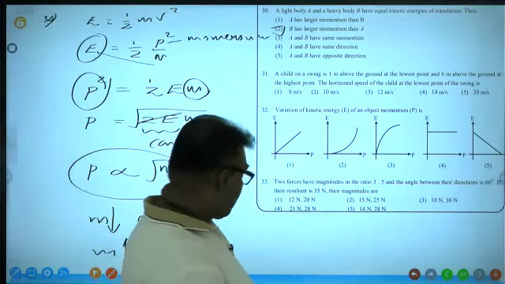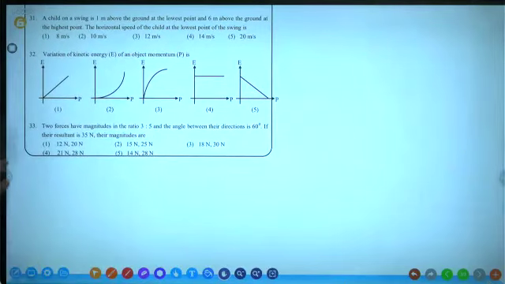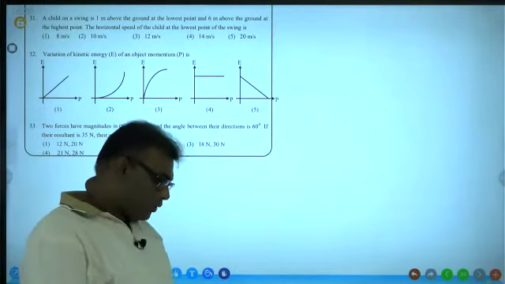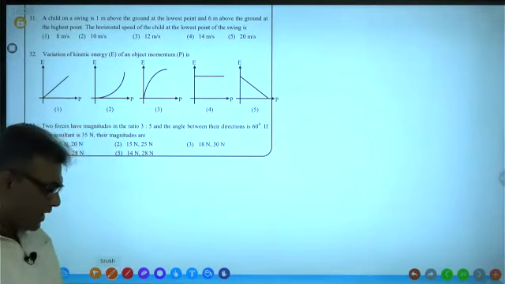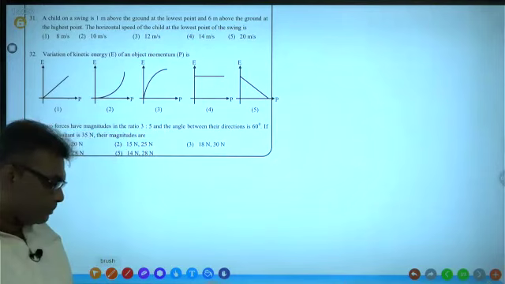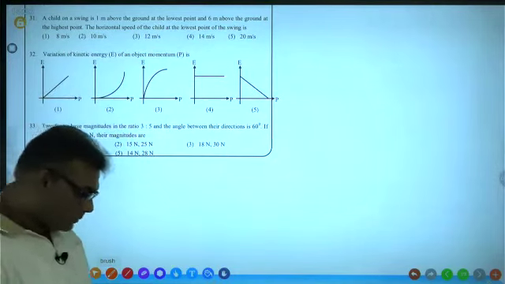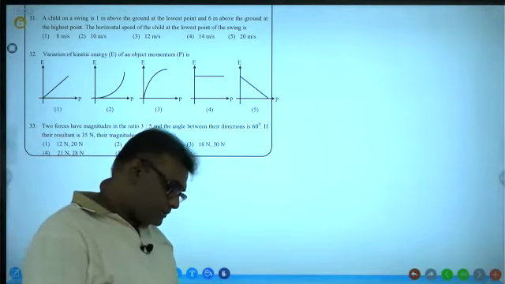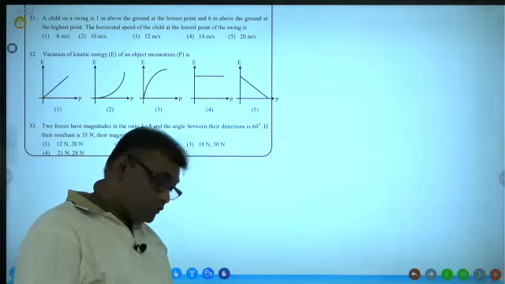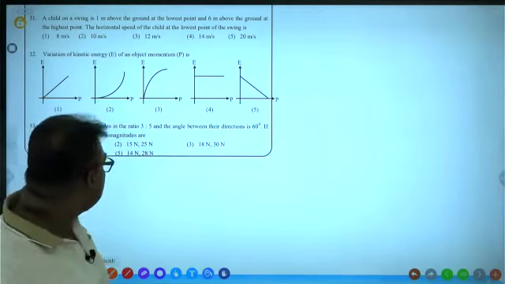Right. Number 31. A child on a swing is 1 meter above the ground at the lowest point and 6 meters from the ground at the highest point. Okay. The horizontal speed of the child at the lowest point of the swing is,